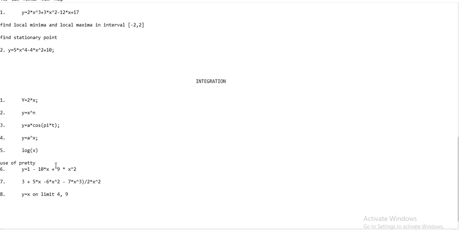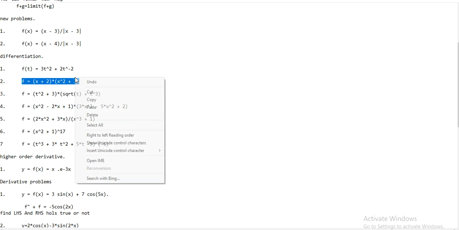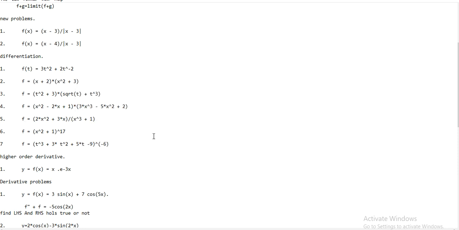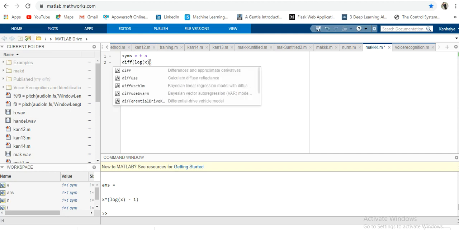After that I will tell you the use of the pretty function, how you can use it, and what is the use of pretty with integration. Before moving to the next problem, we have solved some differentiation problems. So first we will take a function, differentiate it, and integrate the result of differentiation, and we will see if we get the original function or not. That will be very interesting, right? We are taking for the first problem x plus 2 into x square plus 3, and we will differentiate it first. That will be lots of fun, I think.